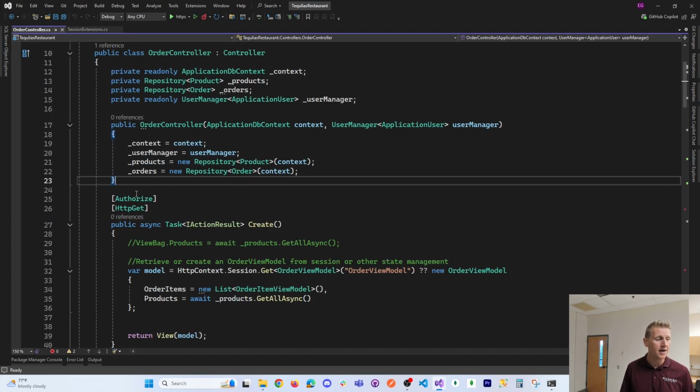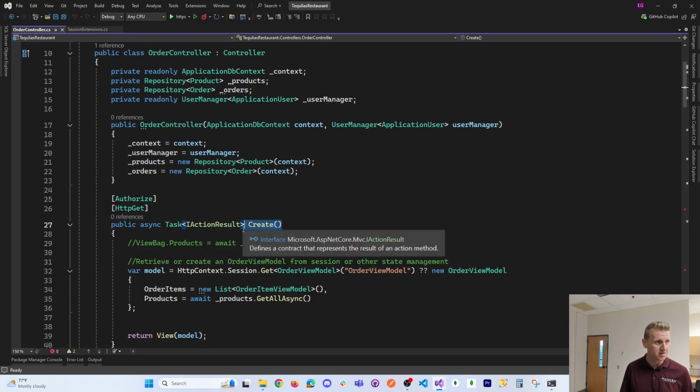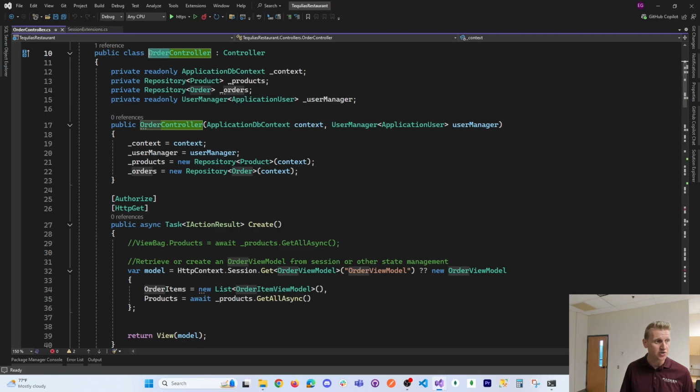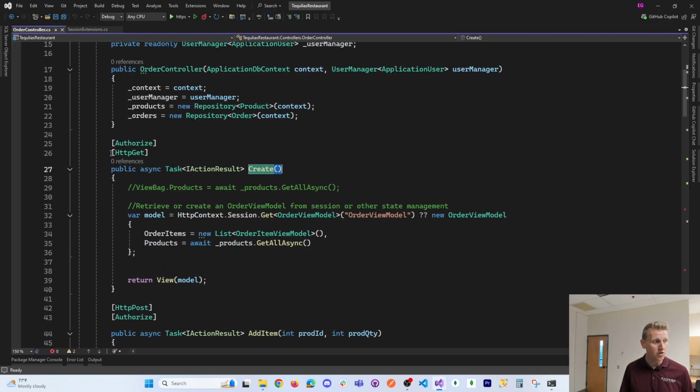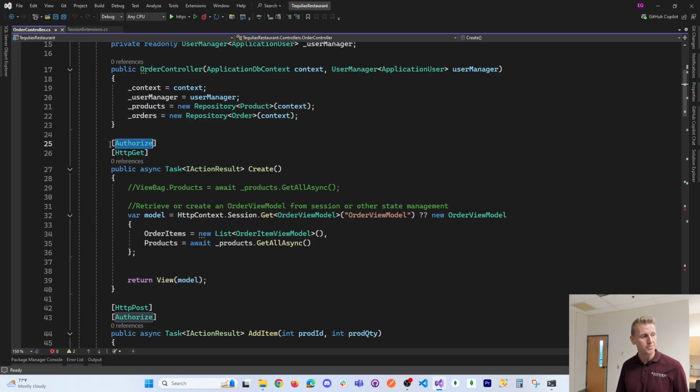Now, what are we going to wind up doing? We're going to create orders. So if you think of the URL, it's /order/create. And you'll notice here we have an attribute called Authorize, meaning you have to be logged in. In other words, if somehow the user navigates to create order and they're not logged in, it's going to redirect them to a login page. So remember, we're doing authentication with username and password, and authorization. This is a very bare minimum level of authorization, just making sure that they are, in fact, a user